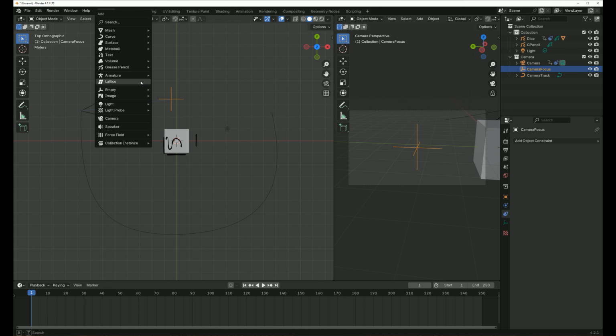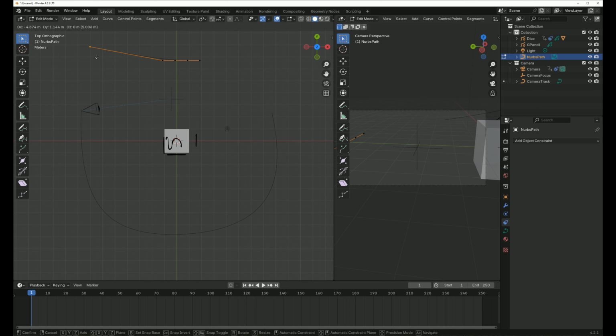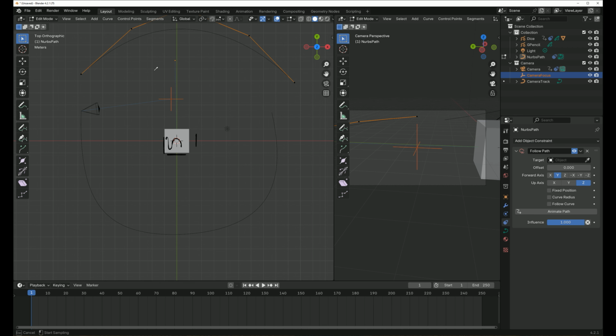If I want to do that, do Shift A. We're going to go into a curve, path. I'm in top view, number pad 7, G, move it over here, edit mode, click and select G, click and select G, click and select G, make sure left click and select G, and click and select G. So let's just pretend that's our camera, the path we want this to follow. So now all we have to do is go and click on our camera focus, add its own constraint, follow path, target, this NURBS path, okay, I missed it,